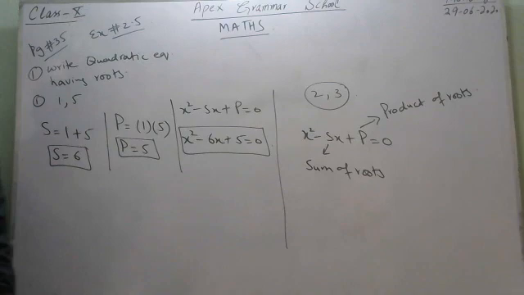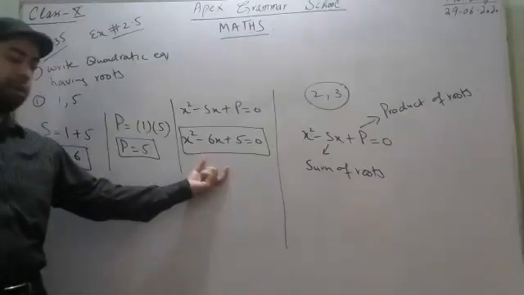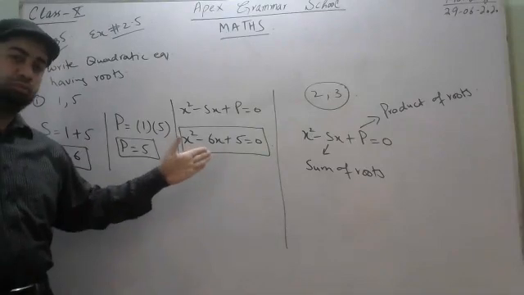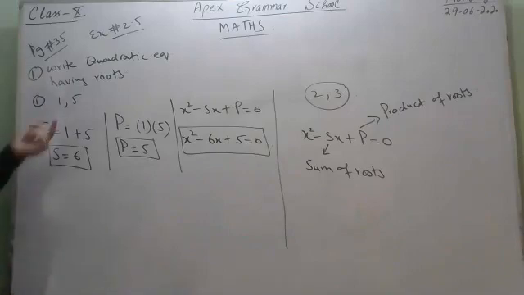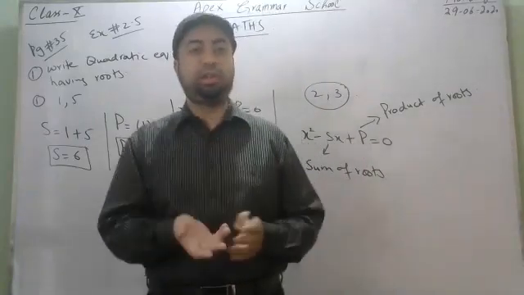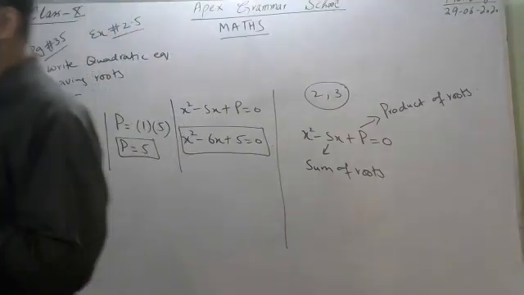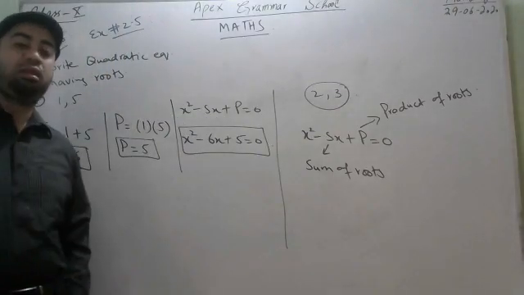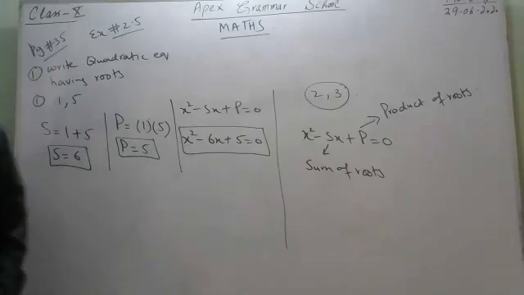If you want to try its reverse again, you can solve it by applying the quadratic formula, or you can apply factorization, and you will get obviously these two roots 1 and 5. Now we can make a quadratic equation from its roots. In the previous lectures we made roots from the quadratic equation, and that's it. Now we will solve part number C.